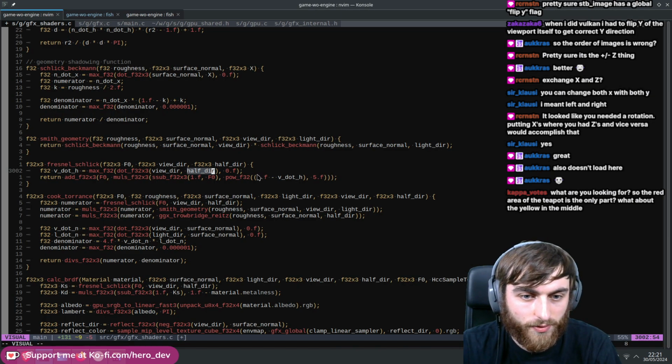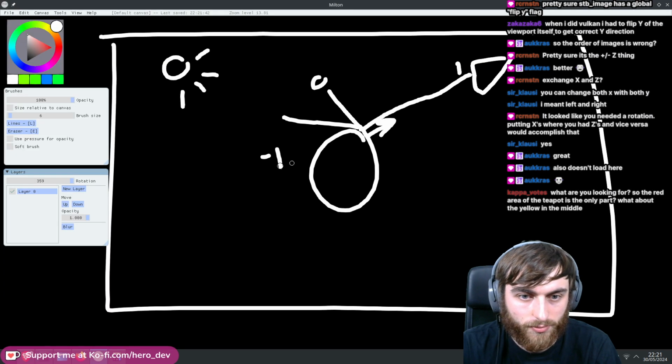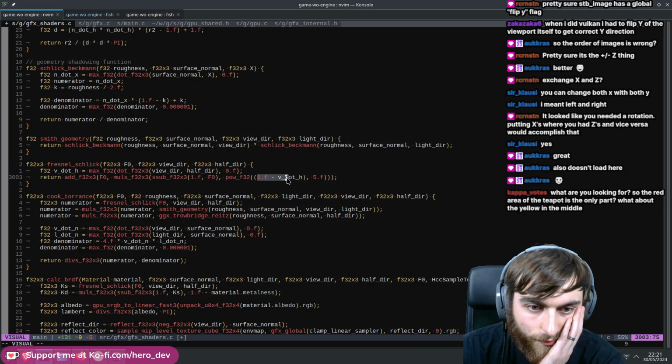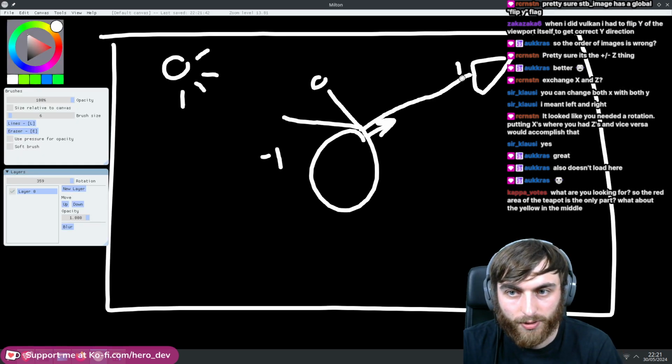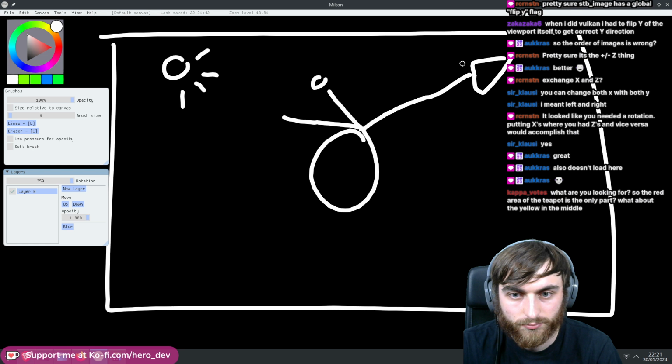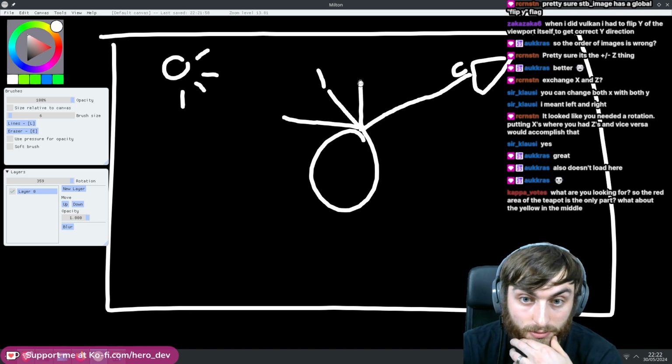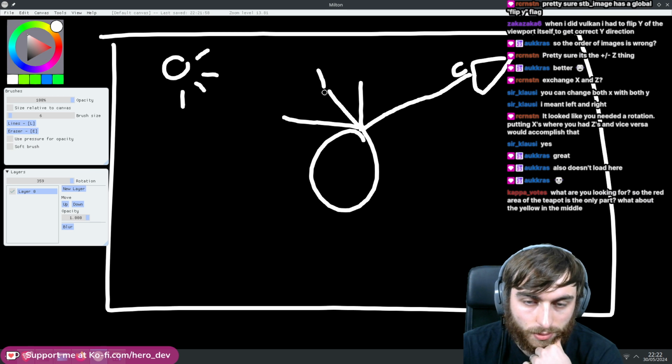But the way this works is this maxes out the -1 and then flips that. So this becomes 1, this becomes 0. So the closer it is to being perpendicular, the half vector, right? So the more, right, I got this. So the more,